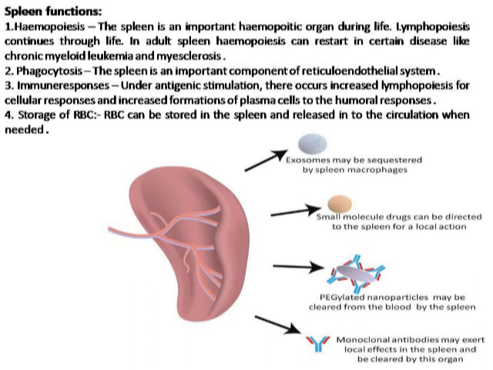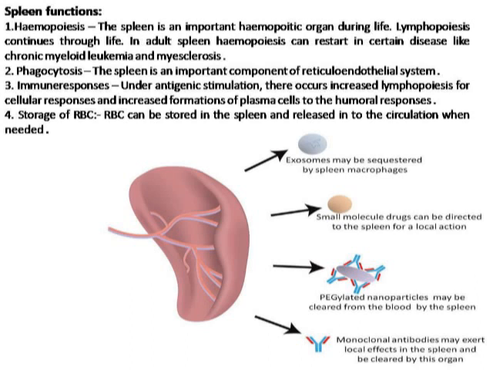The spleen is important for hemopoiesis. In adults, hemopoiesis can restart in certain diseases like chronic myeloid leukemia and myelosclerosis. Then phagocytosis: the spleen is an important component of the reticuloendothelial system. So phagocytosis is a very important function of the spleen, and